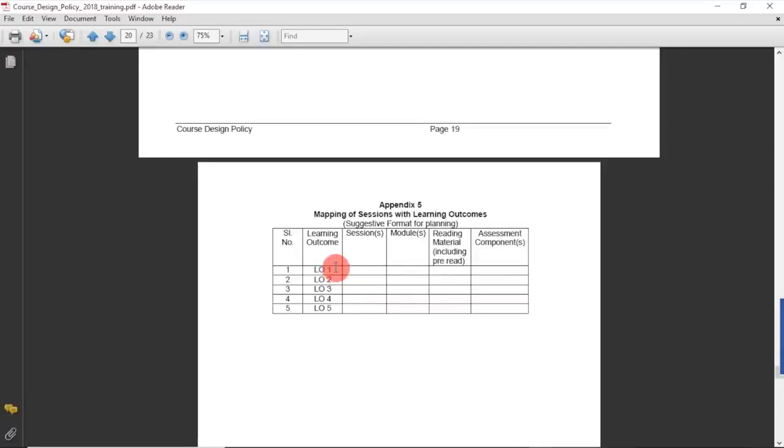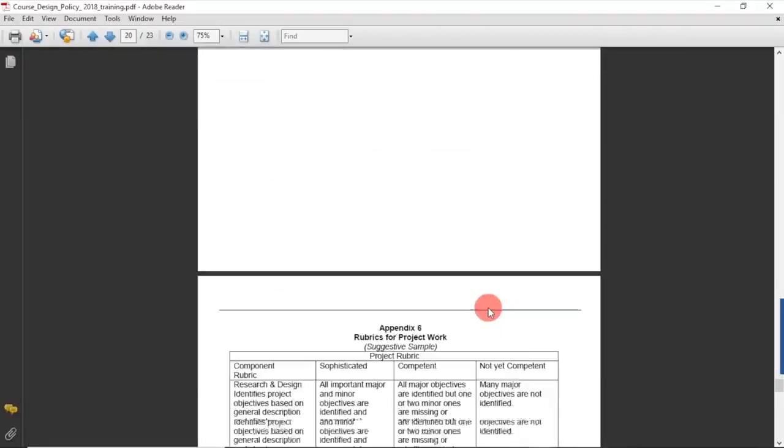How many sessions you have used for achieving learning objective 1, how many sessions for learning objective 2, in which module, which type of learning outcome is being used, what study material or exercises you are going to use to achieve that particular learning objective, and finally, how you are going to use the assessment component to assess whether that learning outcome has been achieved or not. So this is a very important thing which we must take care of, because when we are trying to achieve learning outcomes in the class, ultimately we'll come to know once we are able to assess them and find out whether that type of learning outcome has really been achieved by the student or not.